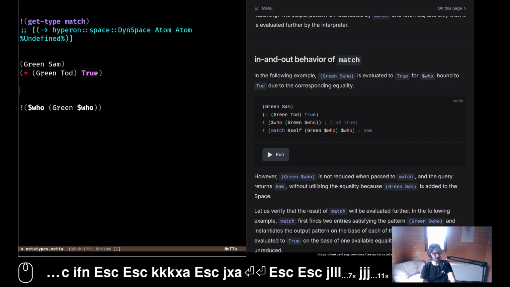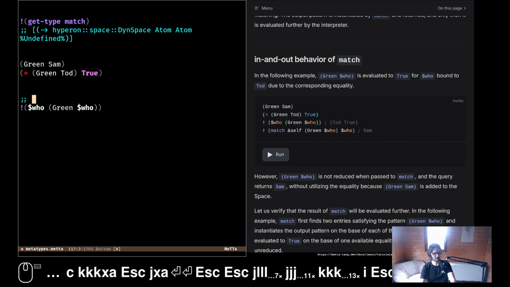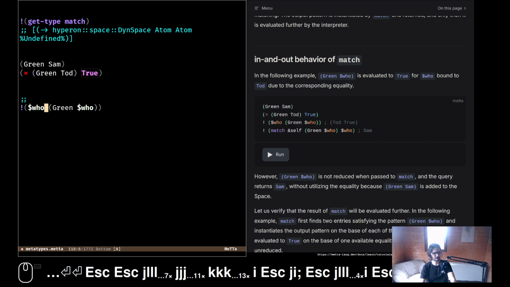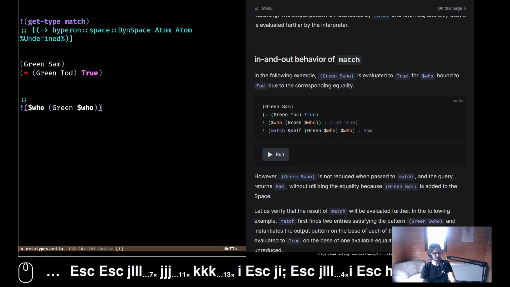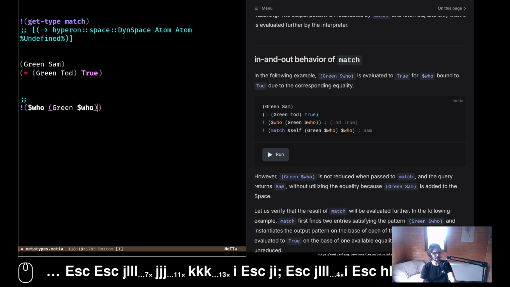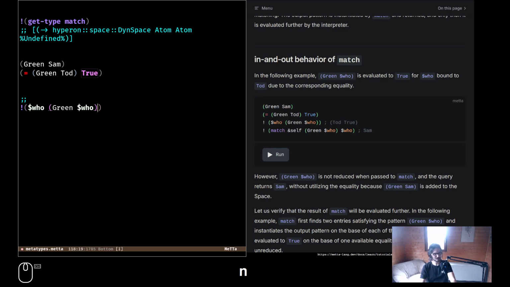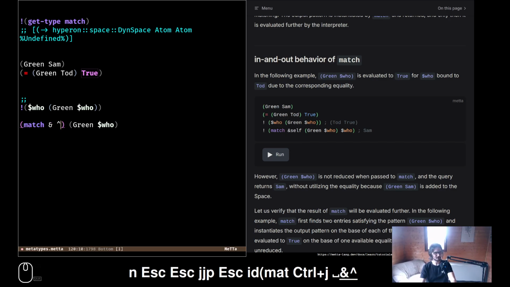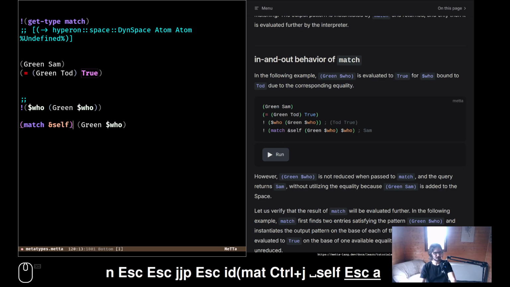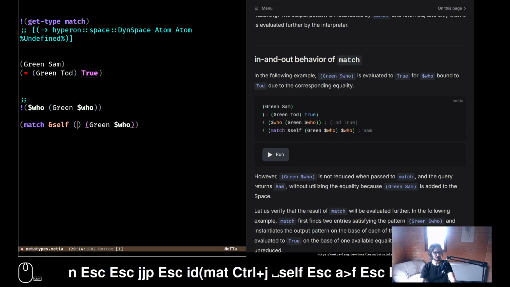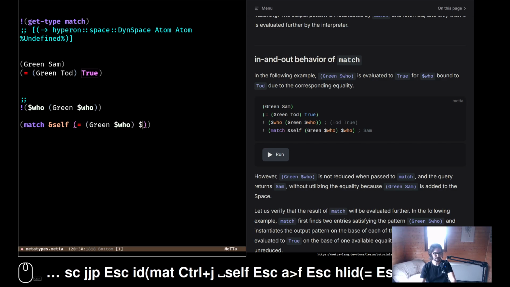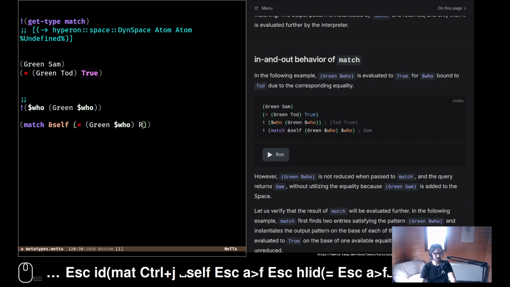So when the evaluator looks at this part, it basically looks at this as a function call, then it evaluates the arguments. So it goes and tries to evaluate this. So it basically goes into the current atom space and roughly does the equivalent of this here.